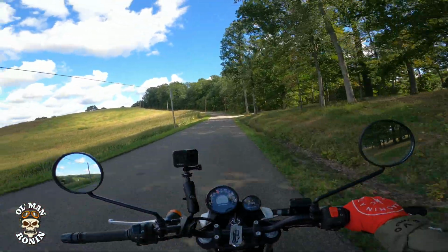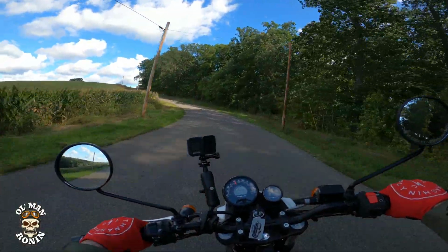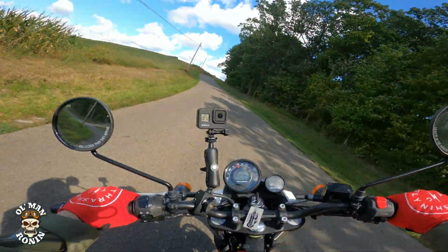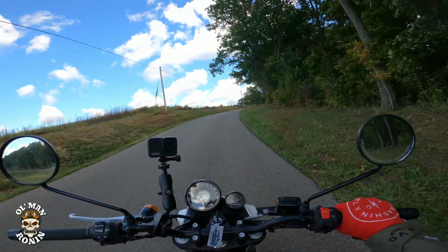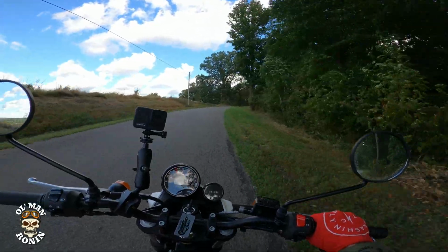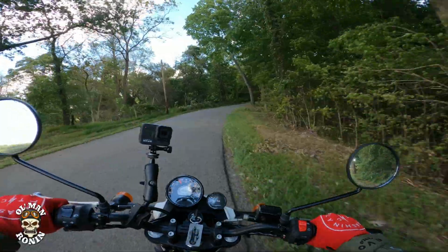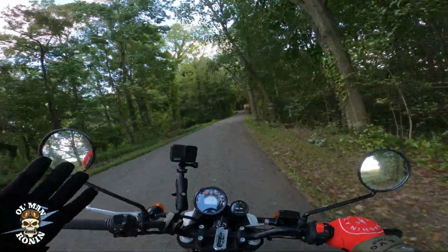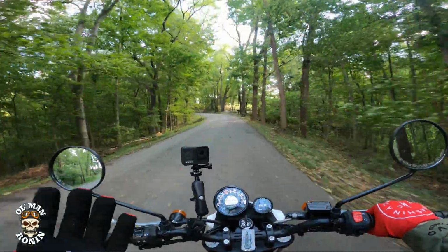But what I'm finding out from this motorcycle is, particularly going into these corners, this thing handles, now the Himalayan handles great too, but this handles just a little bit differently. If you watched my live stream the other day, about a week and a half ago, I mentioned that it gives me a lot more